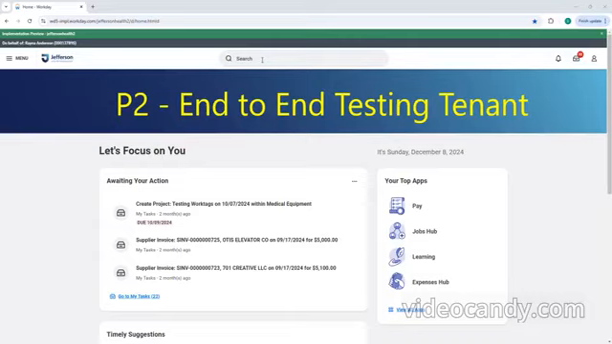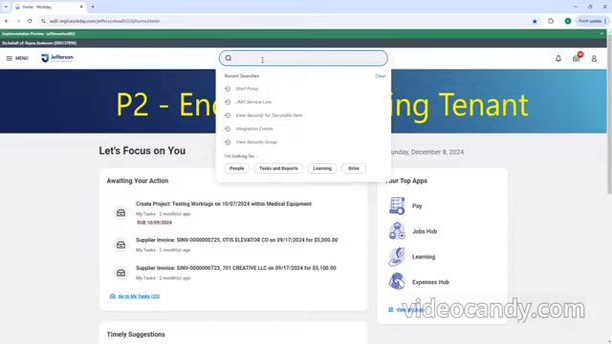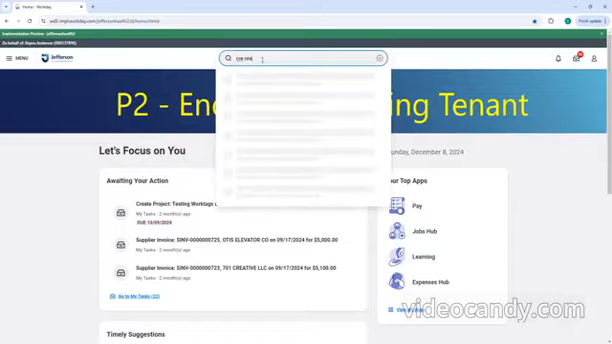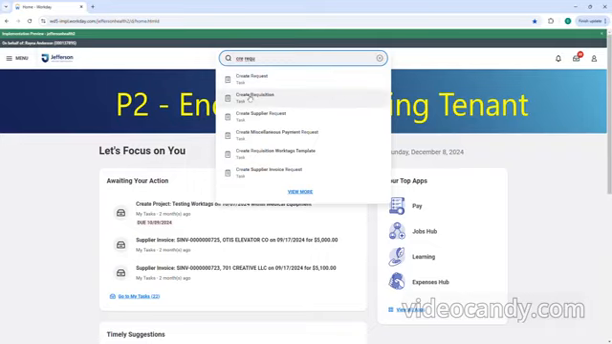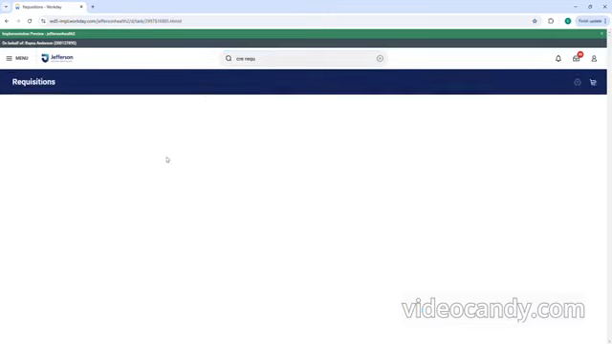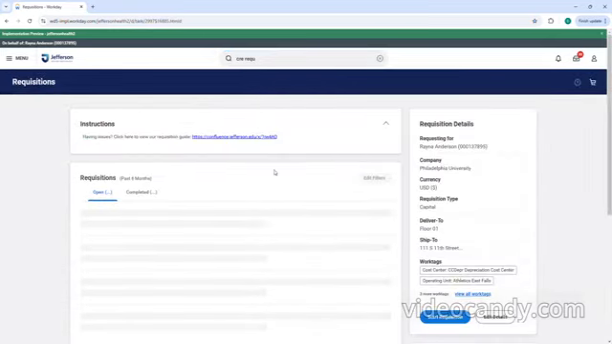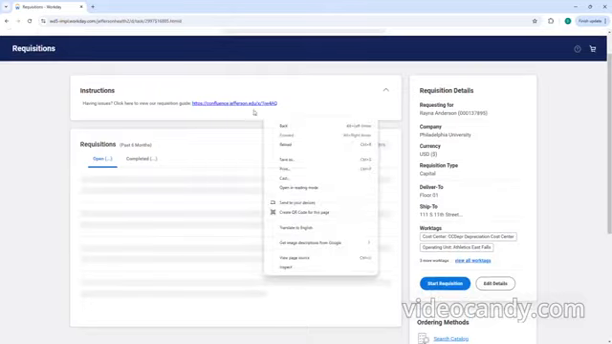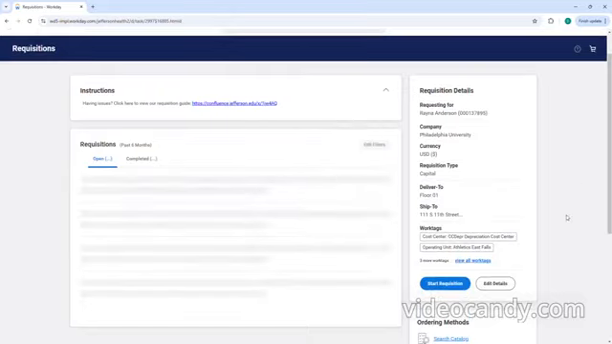This is about creating a requisition. In order to create a requisition, you need to search for create requisition. Select the create requisition task. Once you click on that, it'll take you to the requisition page. On the requisition page, you'll notice there's an instruction guide here. You can click on the instruction guide and it'll provide you the list of all the